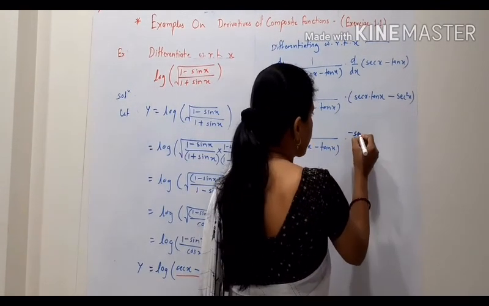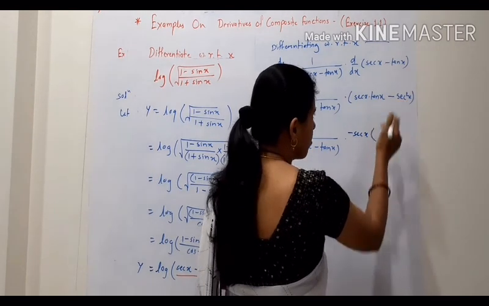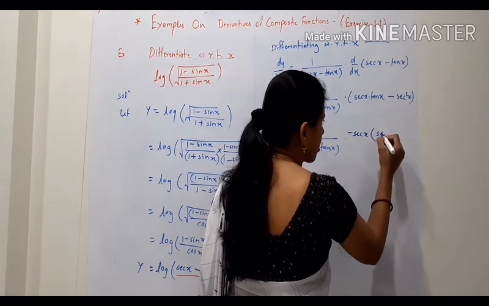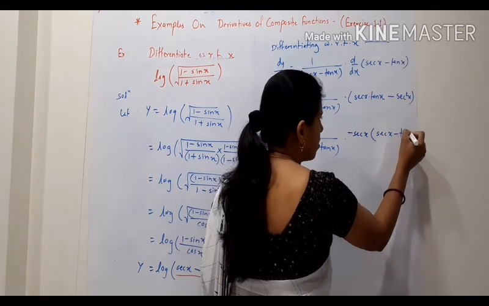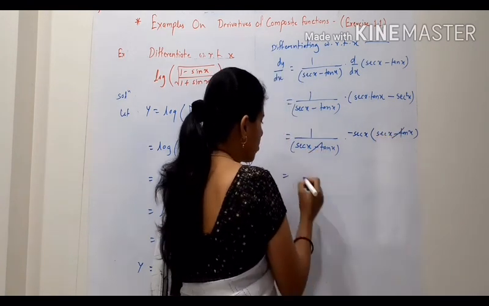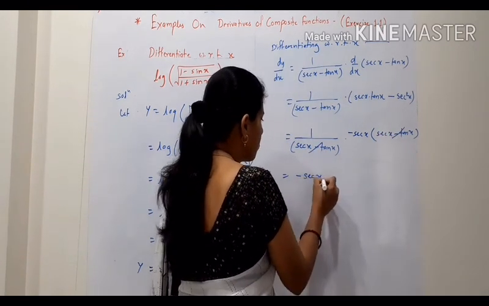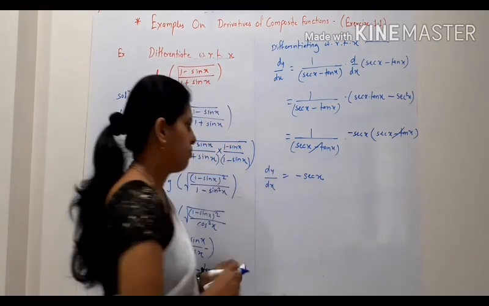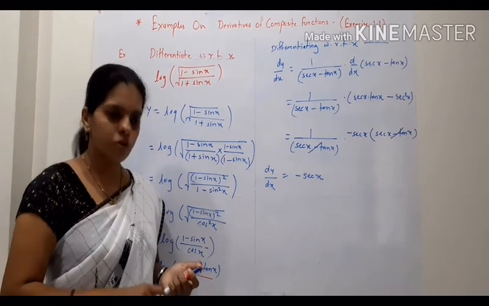So minus sec x is taken common from the two terms, then this will be minus tan x plus sec x, so sec x minus tan x. Now the same bracket will get cancelled, and the simplified answer of this derivative is dy by dx is equal to